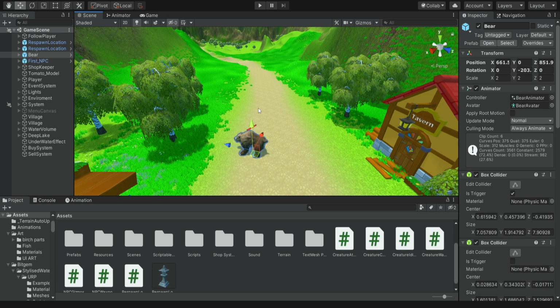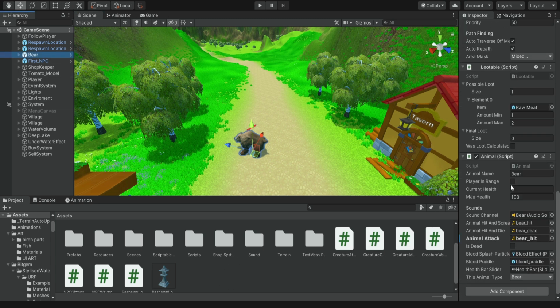And I also want to give you this option, especially when we talk about animals, because in a survival game, you want to be able to gather more loot, you want to be gathering materials. So if we kill all the animals and they will never respawn, then the player will have no way to gather more resources. So for creating this kind of animal or enemy spawner, we're first going to access our bear